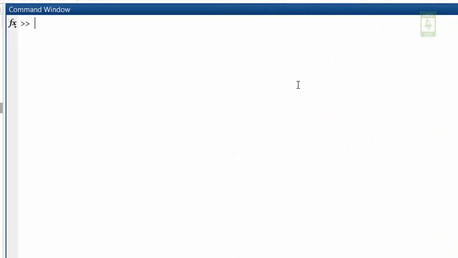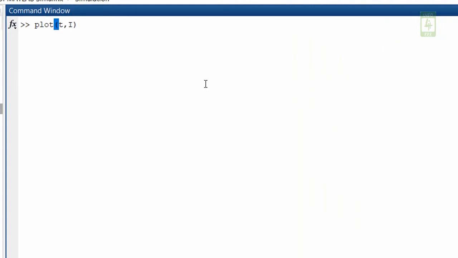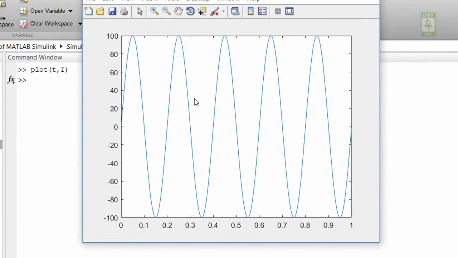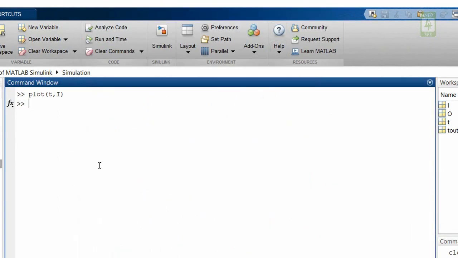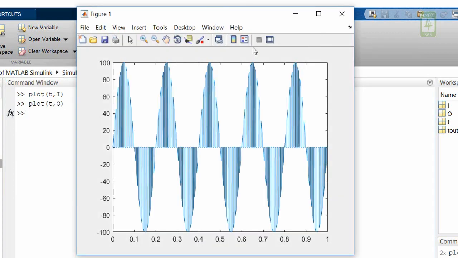You can view this data just using the simple plot command. So this is our input waveform. And this is your output waveform.